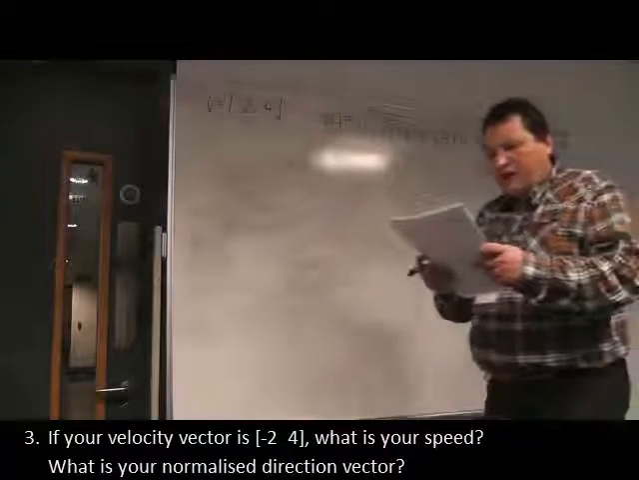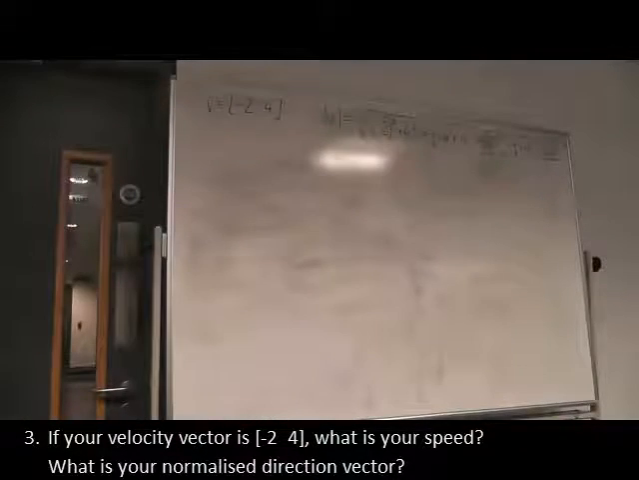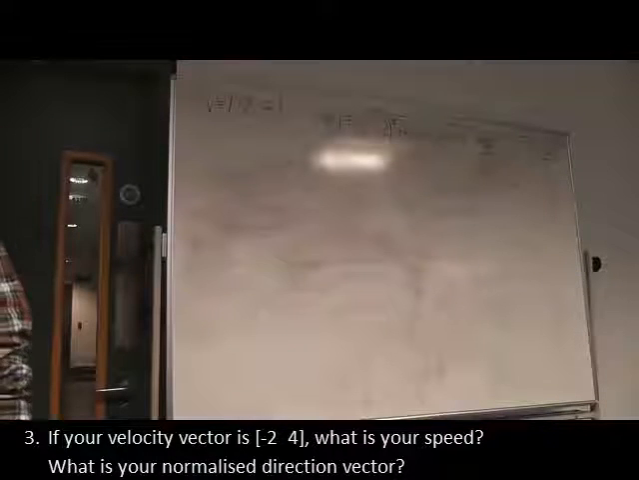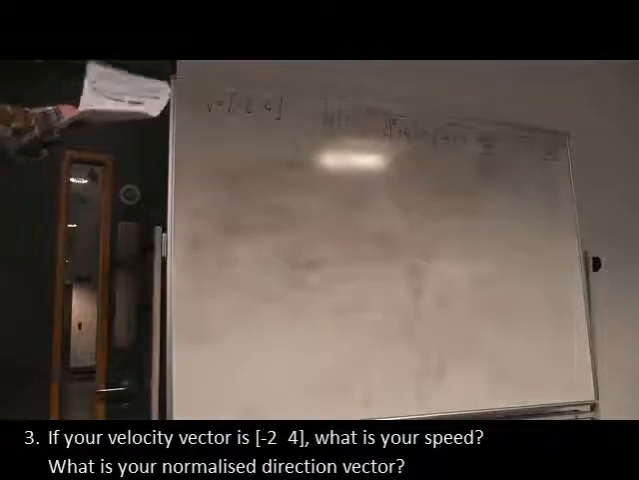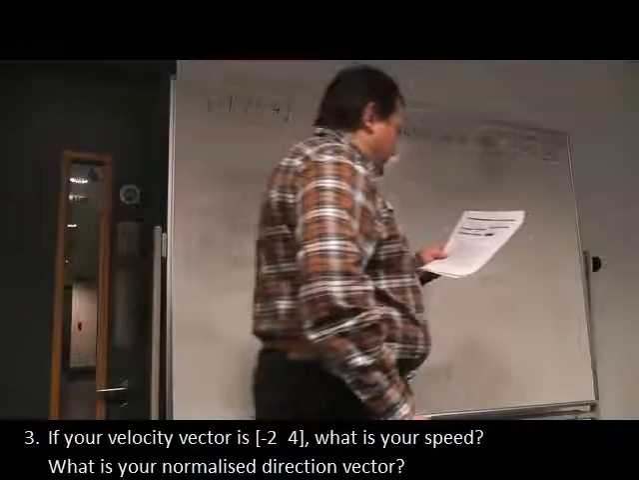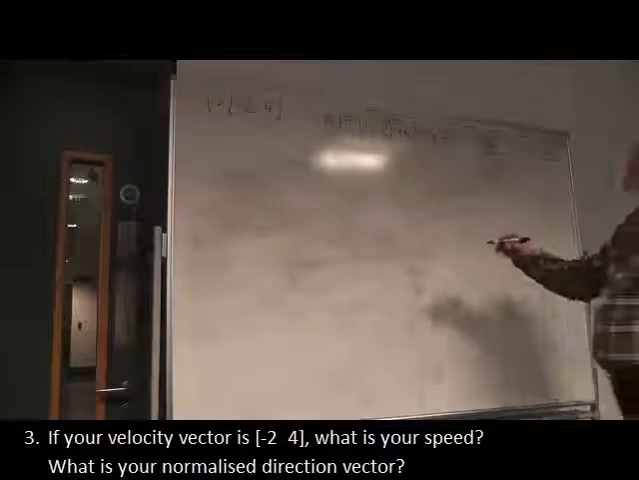The question also asked about the normalized direction vector. So we are actually doing the same stuff as we did in question number 1, just the terminology changes. If we are talking about velocity, then the magnitude of the velocity vector is called speed. If we are talking about the velocity vector, then the normalized velocity vector is called the normalized direction. So if the question is about the normalized direction vector, this means